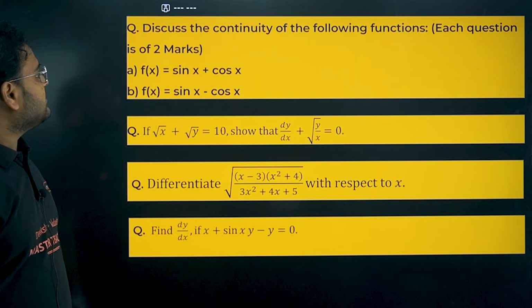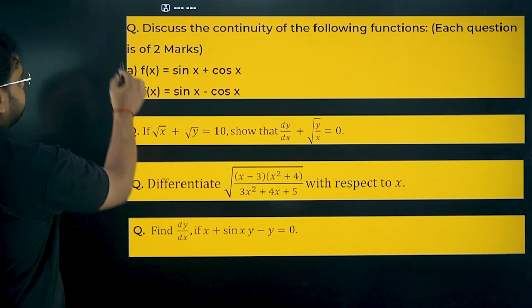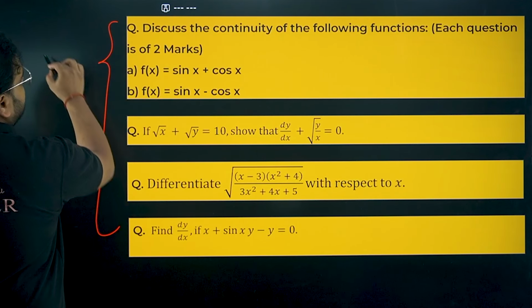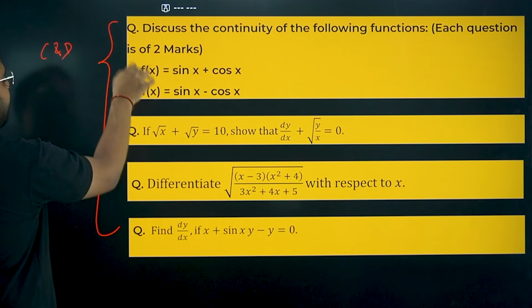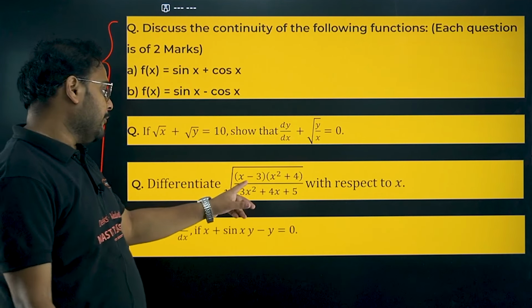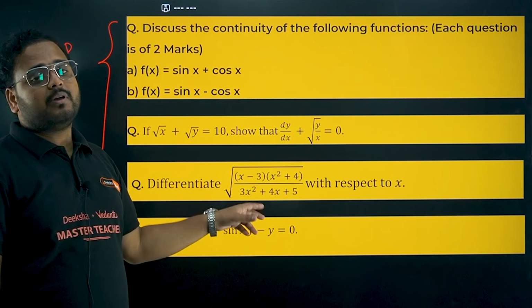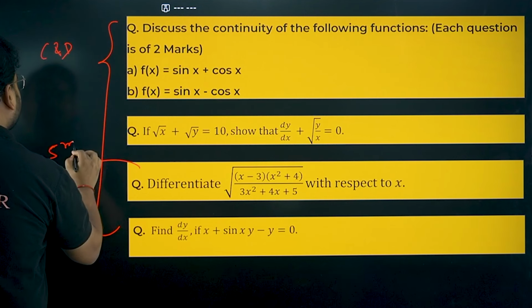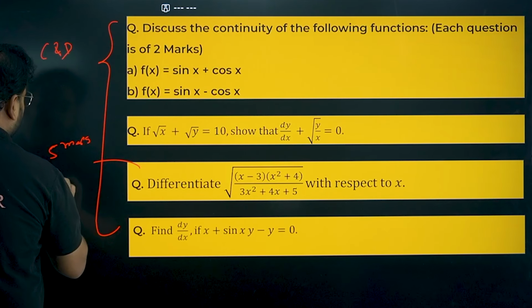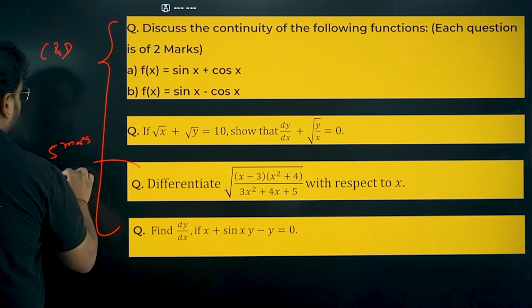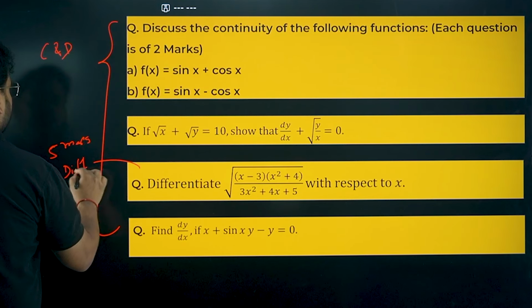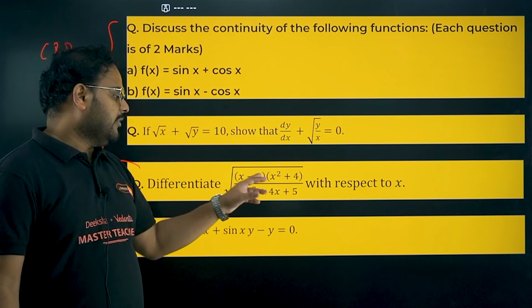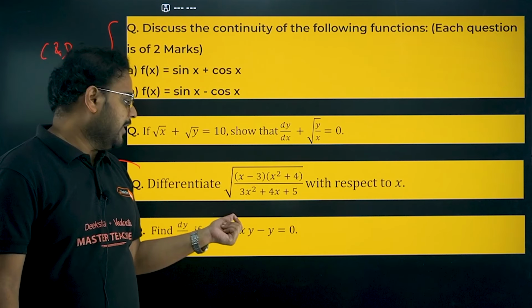Okay. Then some problems of the C and D. Some questions on continuity and differentiability. Again, I've taken only easier ones and important ones. This is the question which will use logarithmic differentiation. It will come for 5 marks if it is coming and uses your logarithmic differentiation. You take log, then this root part will come as coefficient of 1 by 2.